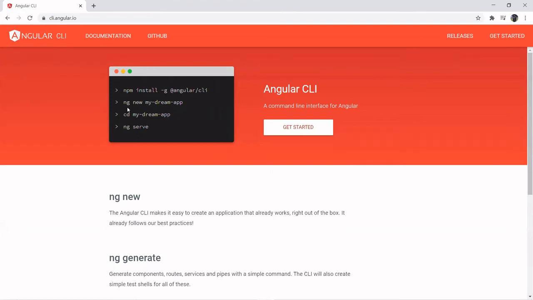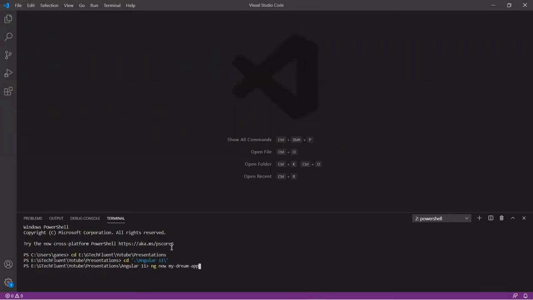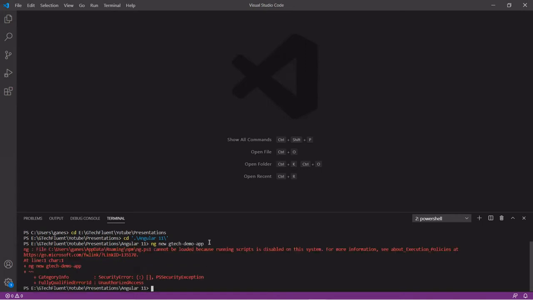So the command is ng new. You need to use ng new and give the application name which you want to create. Let's copy this, go to VS Code, paste it here, and give our application name as GTech demo app. Enter. If you notice, I am getting an error here.